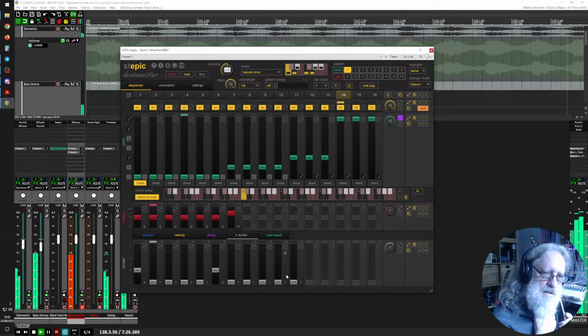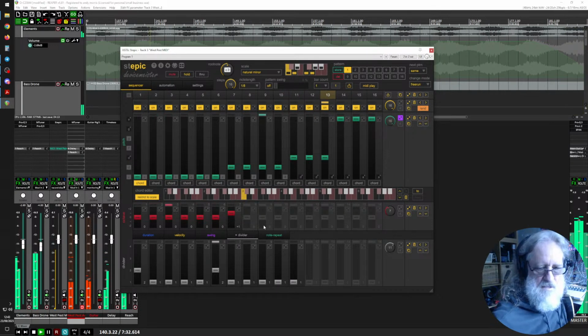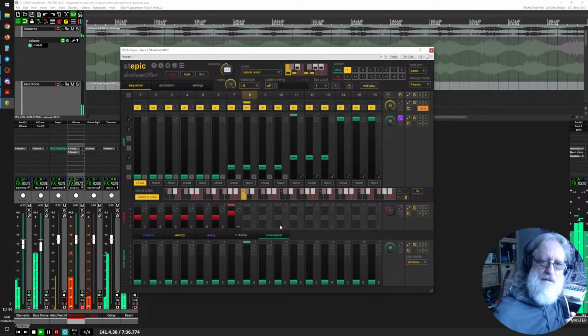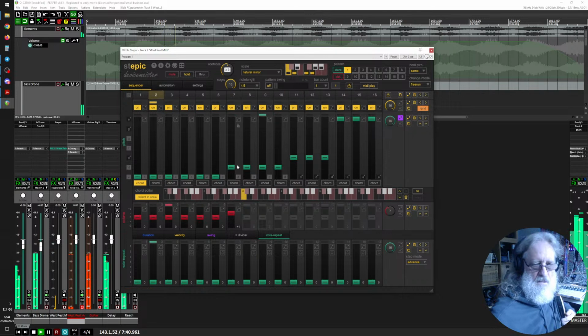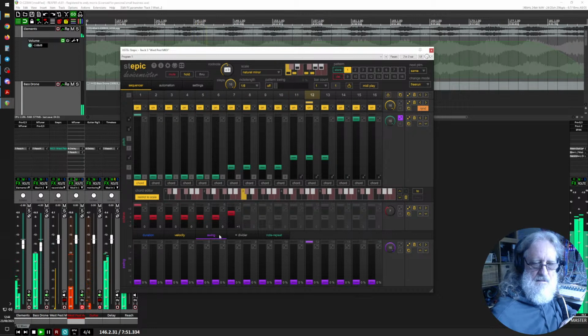I like the note repeat setting as well, but I don't use note repeat. I don't like note repeat at all, but it might work better with longer note lengths perhaps. I tend to just use the divider. I don't use swing because, I don't know, I don't think swing is